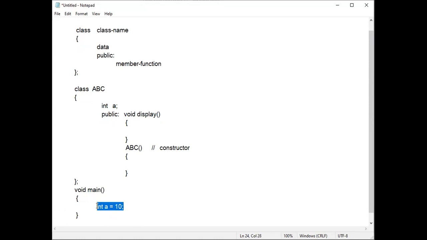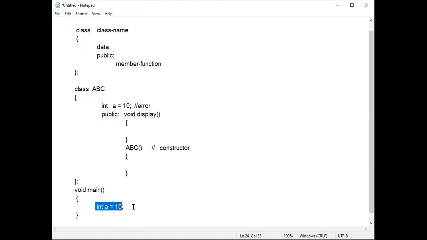Here it is correct. In the main function, if you write int a is equals to 10, it is correct because you are storing value 10 in the variable a. But in the class, if you write a is equals to 10, it is wrong. Okay, at this line we'll get an error. We should know why it is like that. What is the difference here in the lines int a equals to 10? Both are the same, right? Then both should work.